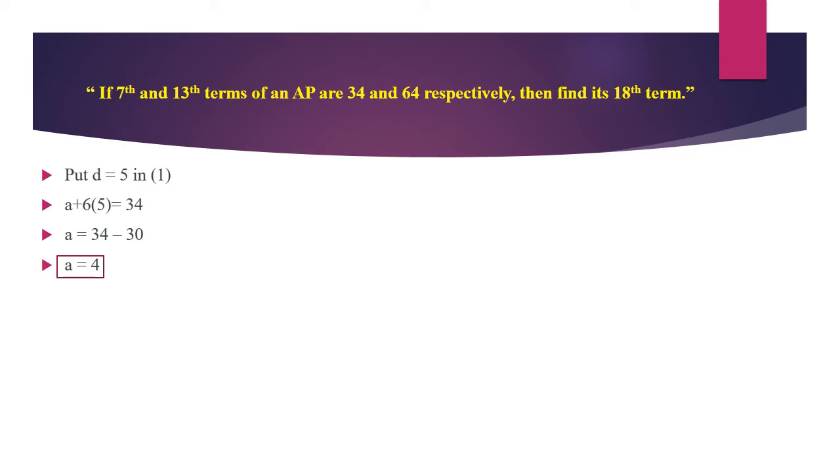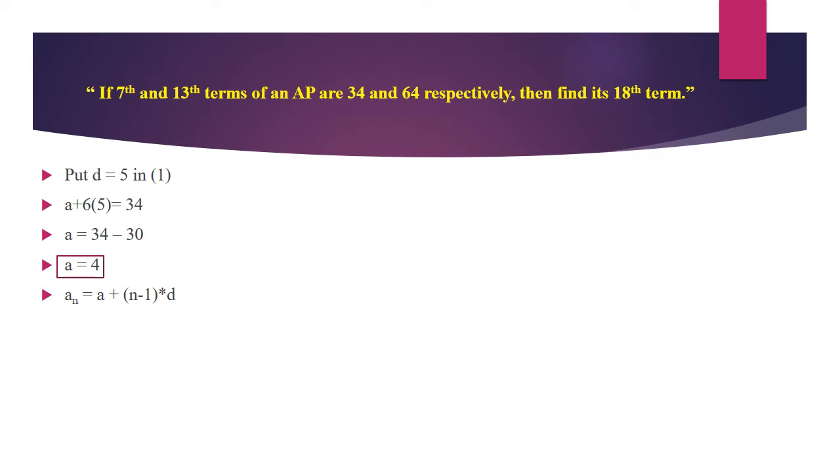Now, we have obtained both the required parameters, that is a and d, in order to find the 18th term of the AP. Now, this is the end of the first part of our question. Now, in the second part, using this a and d, we are going to find the 18th term, as we have been doing in the AP chapter. That is nothing but an is equal to a plus n minus 1 into d. In place of an, we are going to write a18.